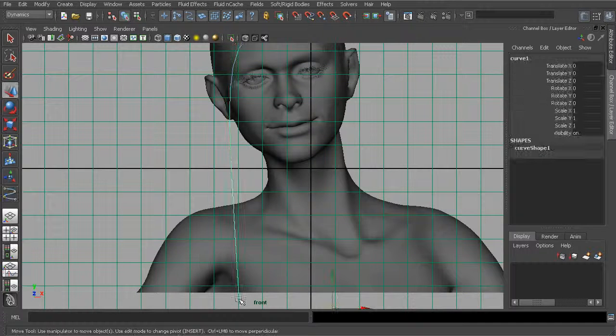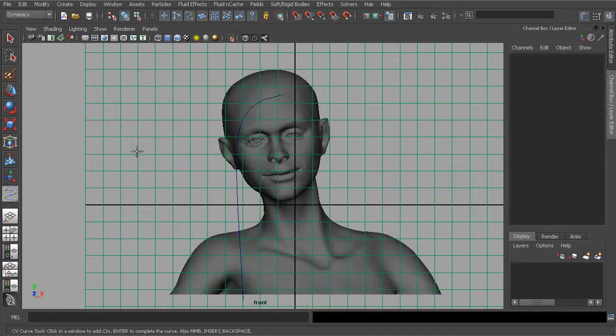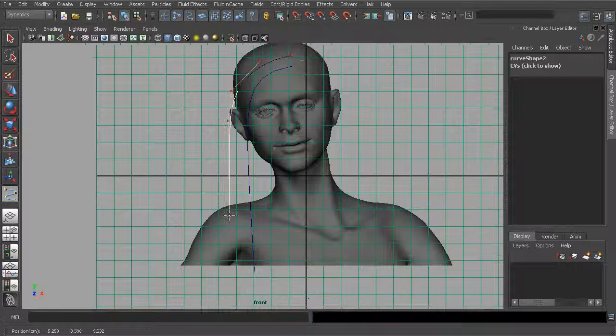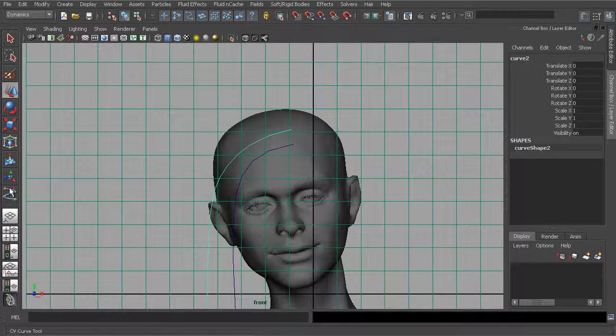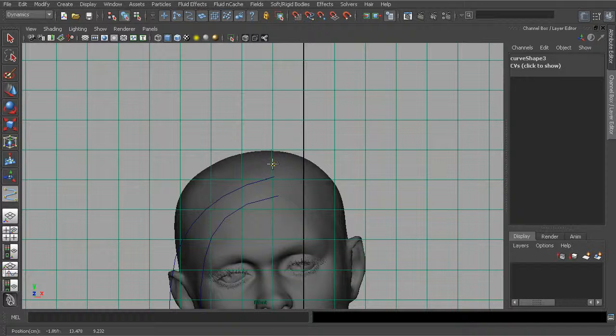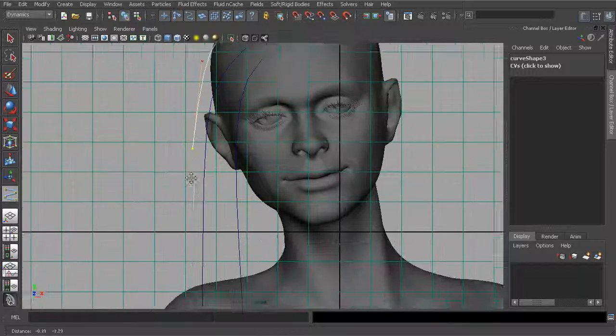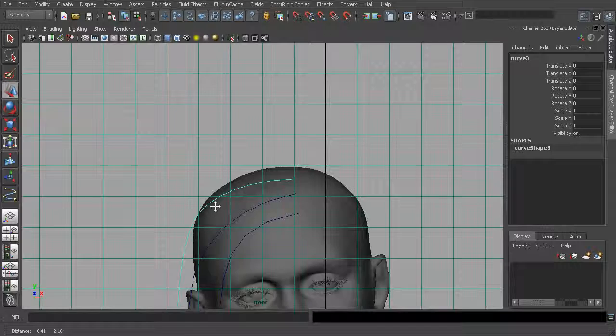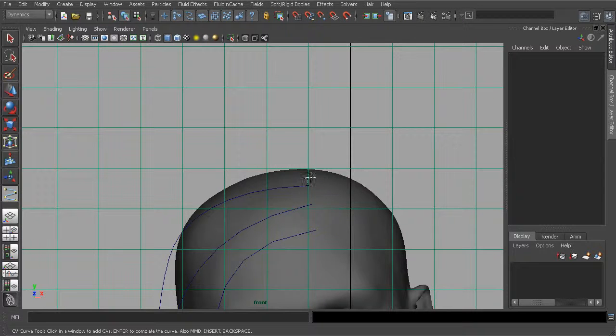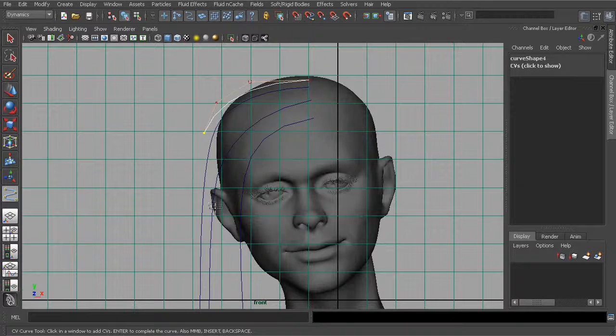So the number of curves that you use are not critically important at this point. We can always come back and adjust the number of CVs a little bit later. But essentially, what I'm doing is just coming through and tracing out the basic shape of my character's hair. So trying to create sort of a part right there. There we are, and bringing just some of these little hair strands down. Tracing out, again, just the very, very rough shape of our character's hair. So tracing that down